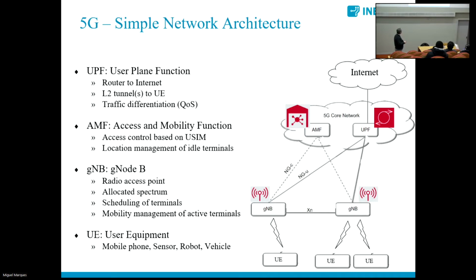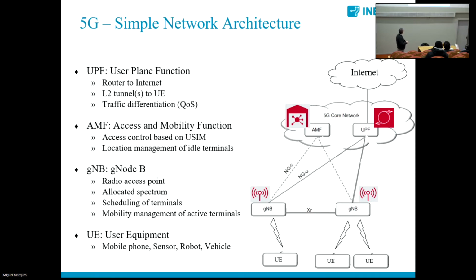Then we have the core network. These equipments are the radio equipments, this is the air interface. And then they are connected to other equipments that are usually in the office of the telecom operator. And in this location, which we call the core network, there are two main important functions.